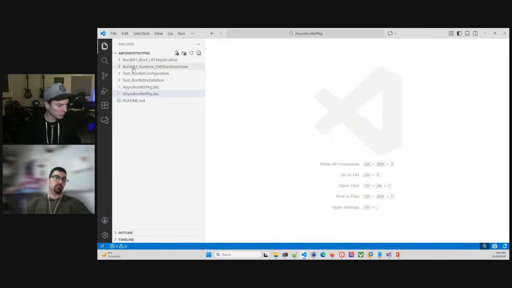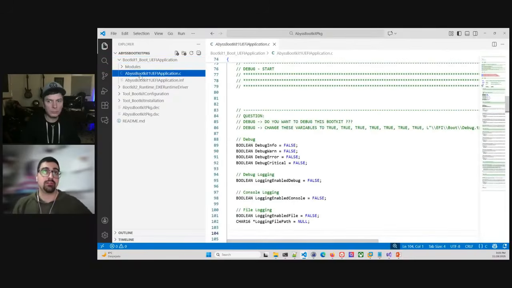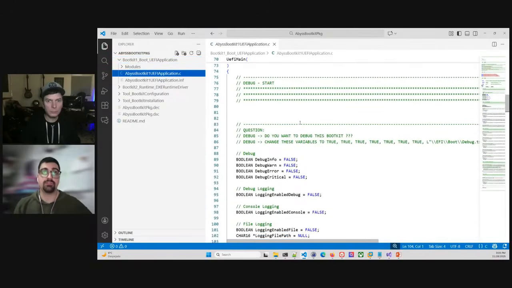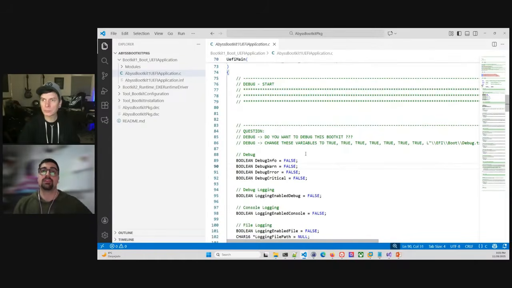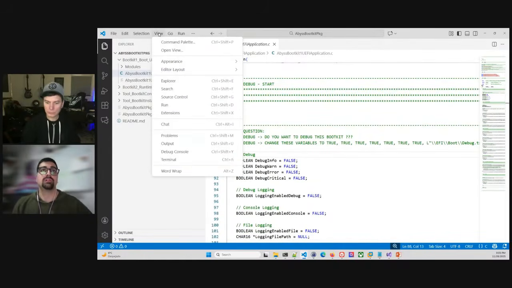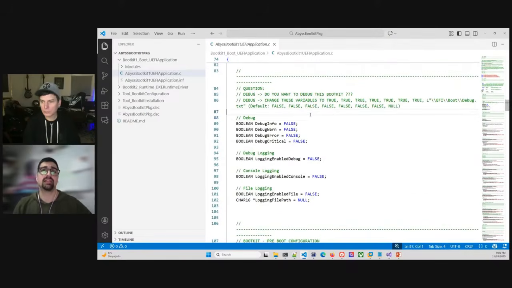So we have two bootkits, right? Perfect. Now, the typical UEFI bootkit, we have coded in the UEFI application. Here, this file is the main of the UEFI application, here you see UEFI main. If you want, I'm going to click on view, word wrap. If you want to debug the bootkit,